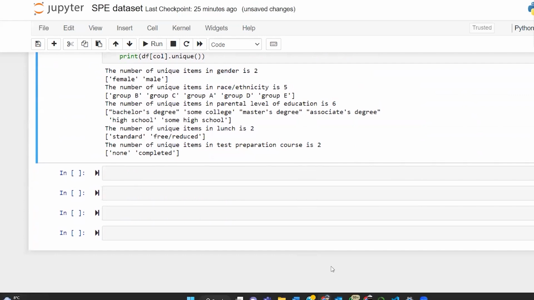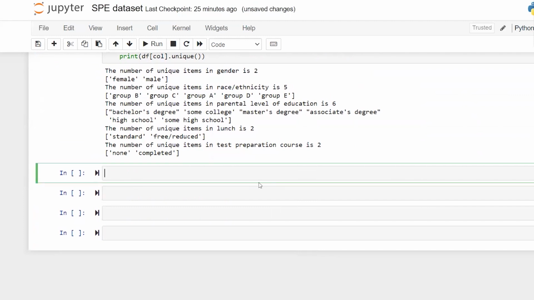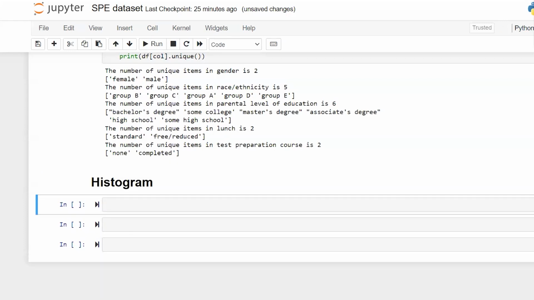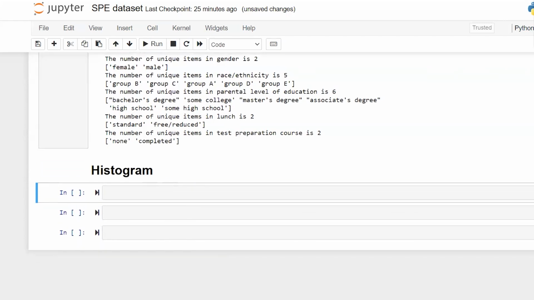So now let's start plotting. Let's just change this to markdown. So let's plot histograms. Yeah, that's histogram. We could start with plotting, so now we'll go to histogram. We should start with, let's plot the distribution for